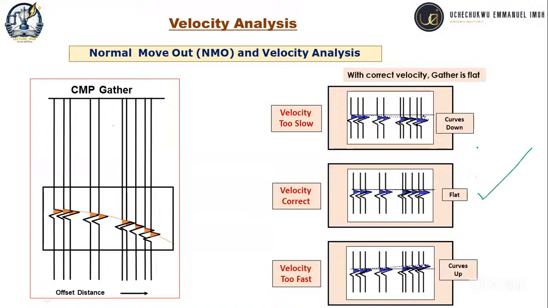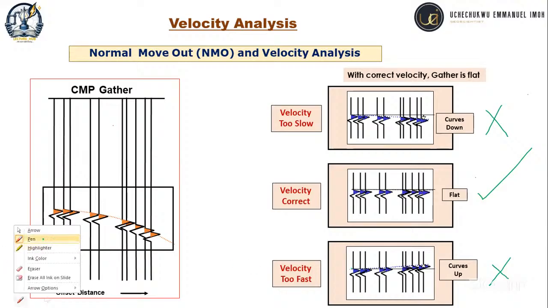If you pick a velocity that is too slow, the event will point downwards as if it's still hyperbolic in shape. When you pick a velocity that is too fast, the event will point upward, just as this is also showing. If I use a red pen to mimic their path, when you pick it properly, you see the events are flattened out. So that means wherever horizon you are on,